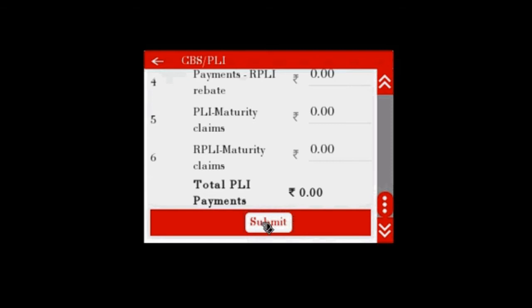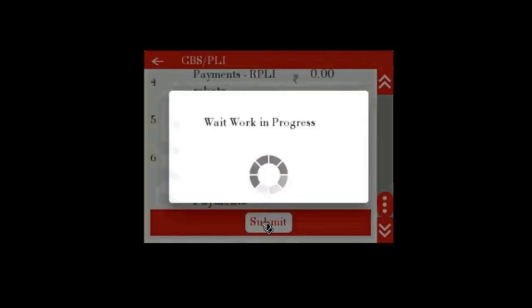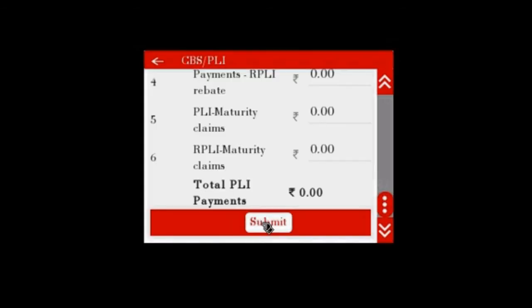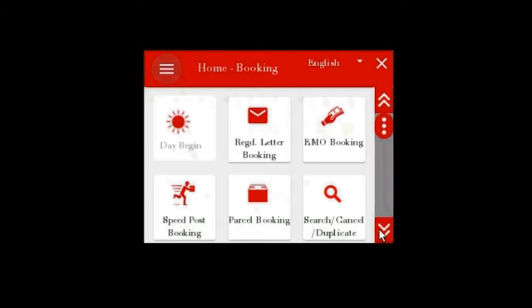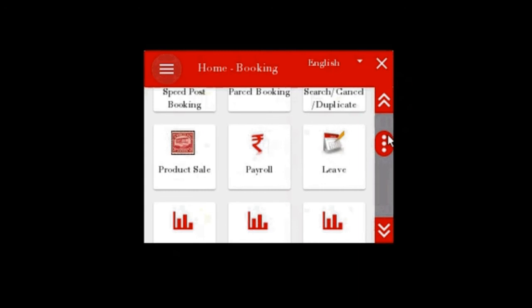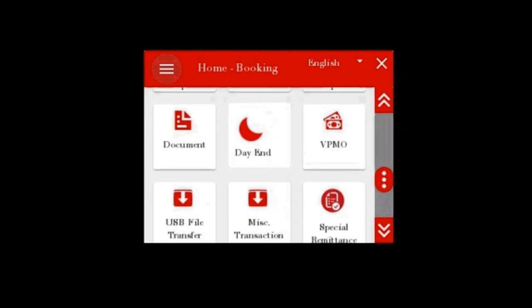It will incorporate to our BO daily account. Now if you see the wallet balance, it will increase because we have incorporated today's work to the CBS PLI option. Now we can say that our work related to the branch office is almost over, but before that, withdrawal data is saved successfully. Now next we have to perform the day end.